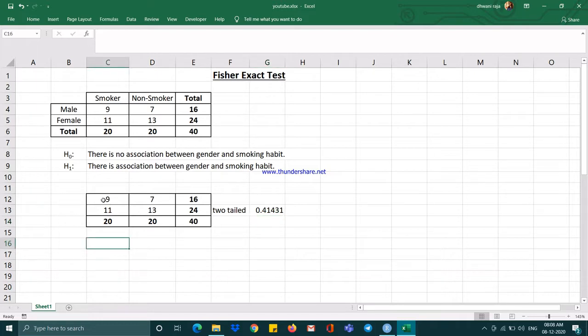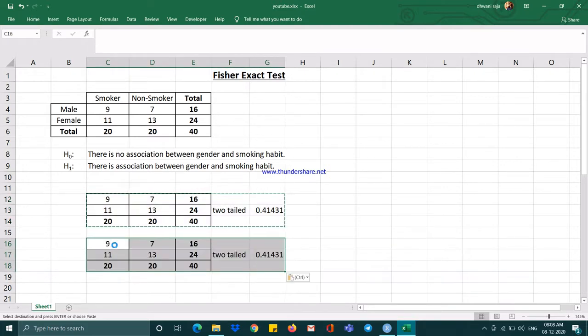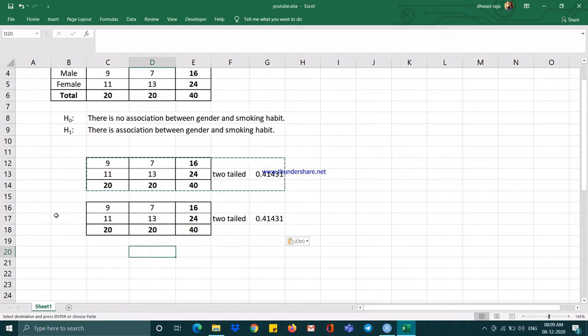Now I have copy pasted the whole thing down below. For reference purpose, I have written 1 here. The meaning of that is we will add 1 and subtract 1 alternatively. So we will add 1 here, that is 9 plus 1.